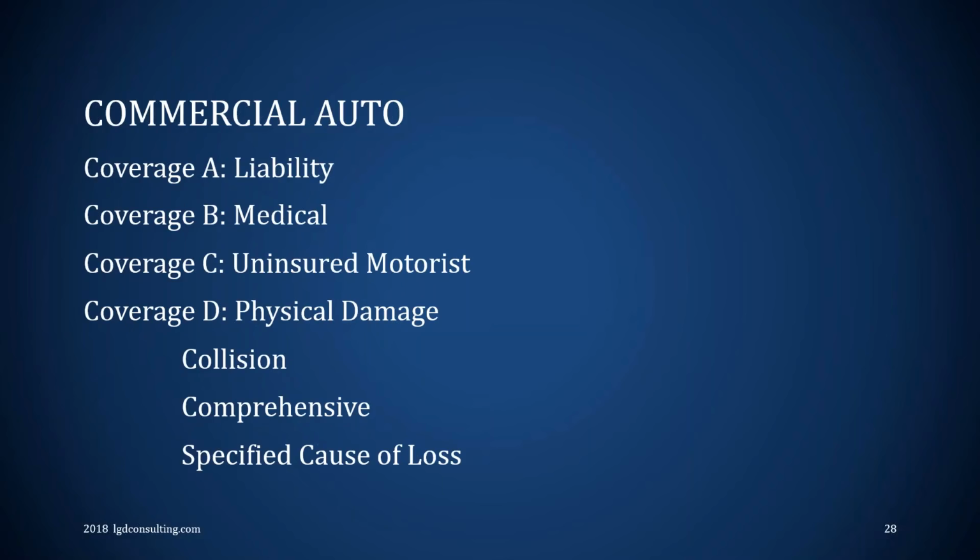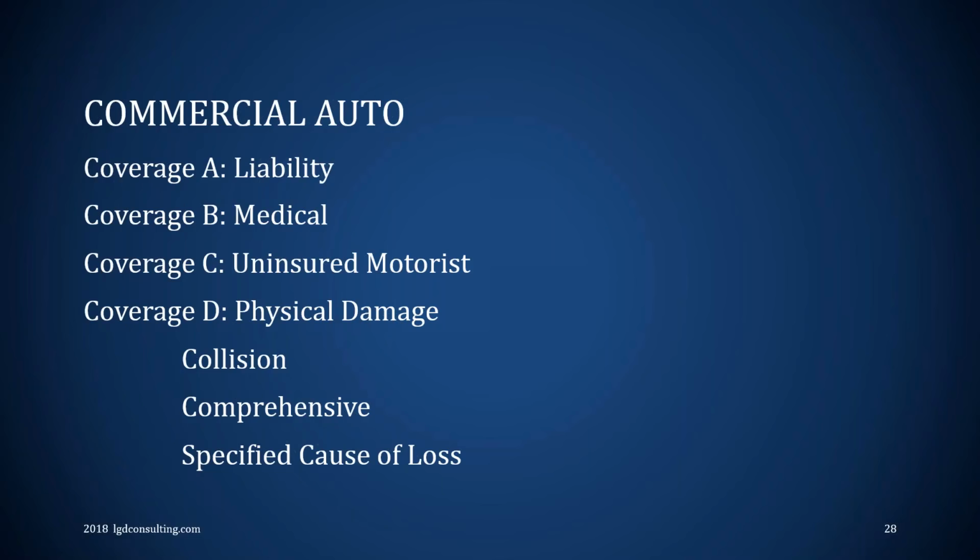Just like your personal auto, coverage A is liability, and that's basically where you want to start. In case you hit something, right? Liability covers the people you hit, either the people or the property that you hit. Coverage B is medical. That's typically for you and your passengers in your car. Coverage C is uninsured motorist, where you and the passengers in your car are hit by someone who doesn't have insurance. This is the only liability that pays you and people in your car that are injured because someone hit you and injured you, and it's their fault, but they don't have coverage.